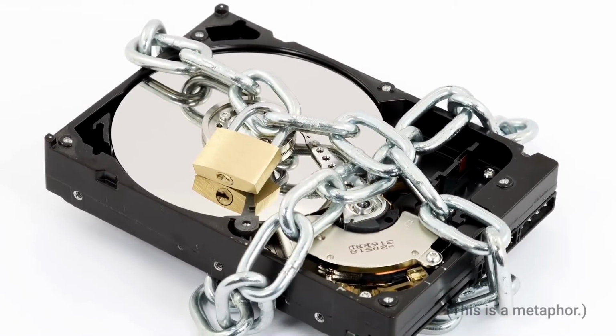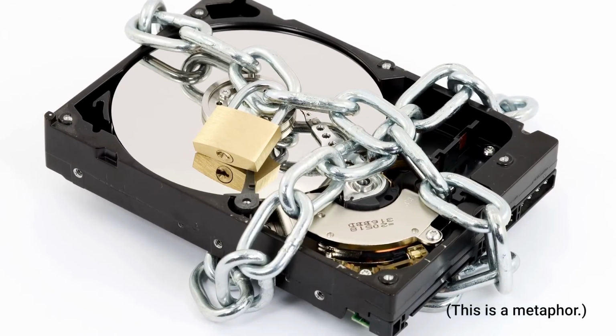Also, make sure that your provider has comprehensive security protocols in place. They should be protecting your data and getting rid of any copies that they have once the recovery process is complete. And of course, like anything else, read reviews and make sure there aren't an inordinate number of complaints about